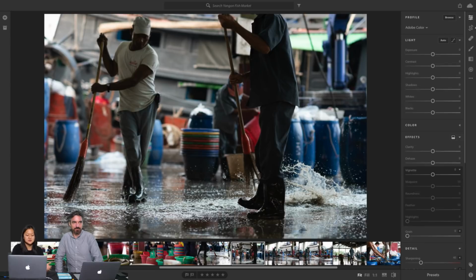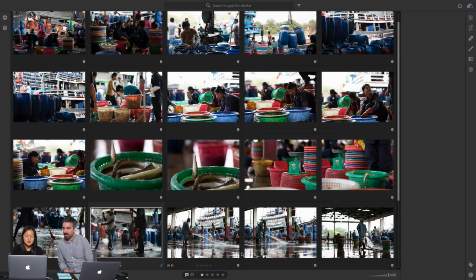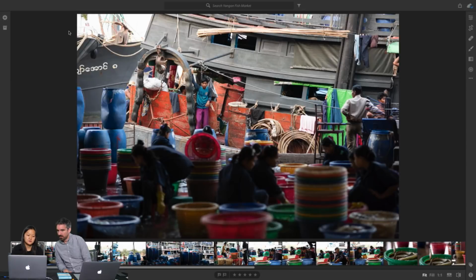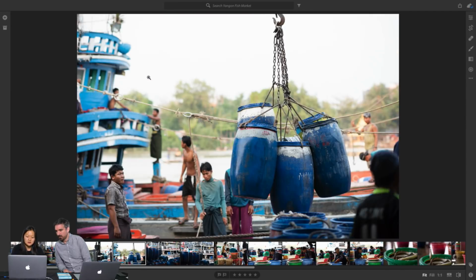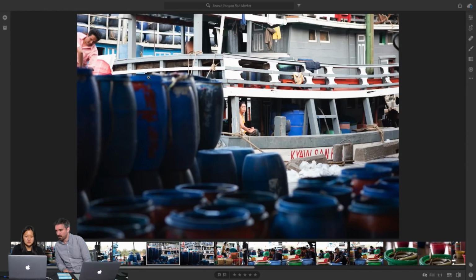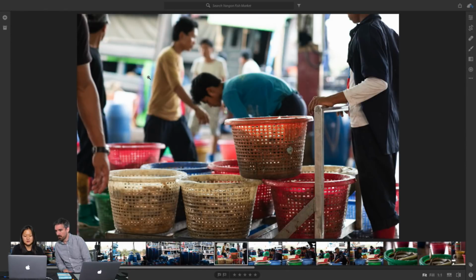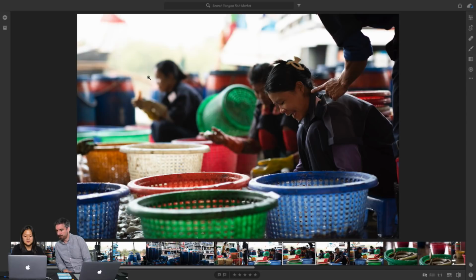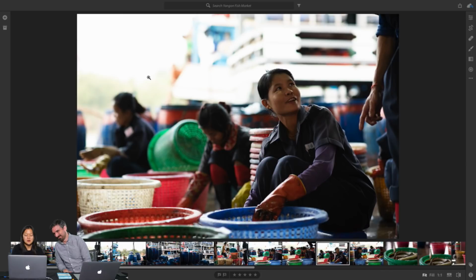And so I would go through, and in Lightroom you flag with the Z, or you rate with the number keys 1 through 5. Essentially, I would look at the images and decide. I like this one of the boat rolling in, so I might pick that one. I like this one of the fish being loaded. I like some of these other ones, but I don't know if they're as integral to my story. I like this one of her sorting with her guy's finger in her face. So I just go through and mark.